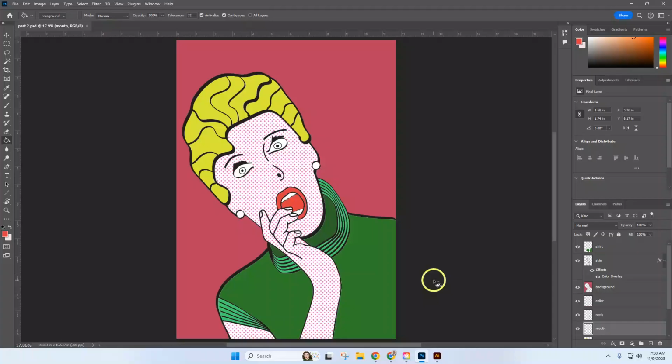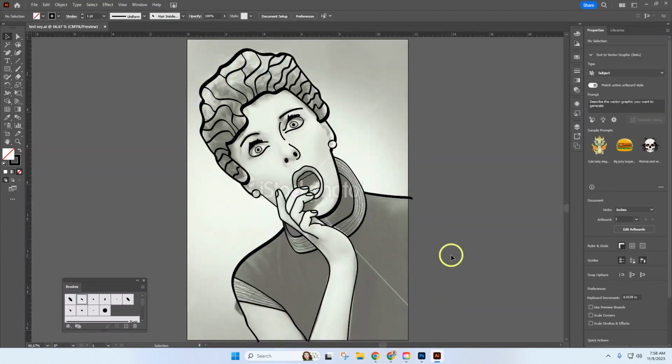Okay, this is the second part of the tutorial. We're actually taking the illustration file, the tracing, into Photoshop and coloring. So I'm going to go back to Illustrator and show you a few different things I corrected or cleaned up. I've added some more texture lines to the hair, and definitely the one last step I do is